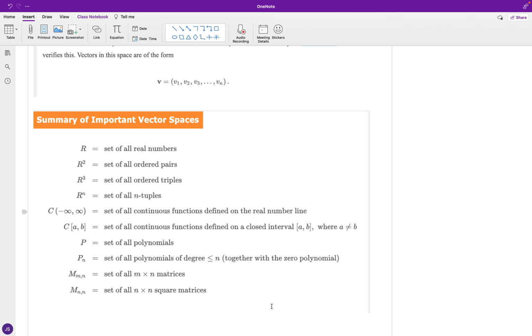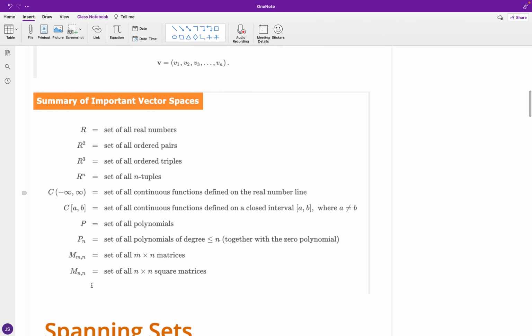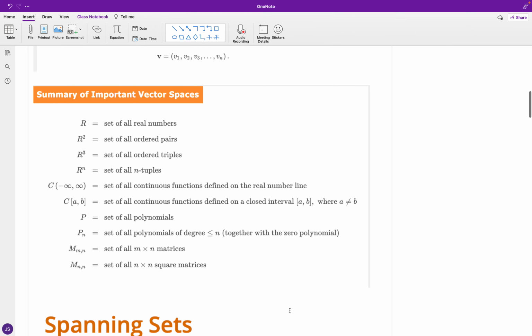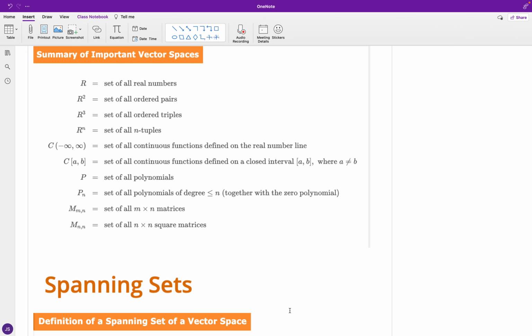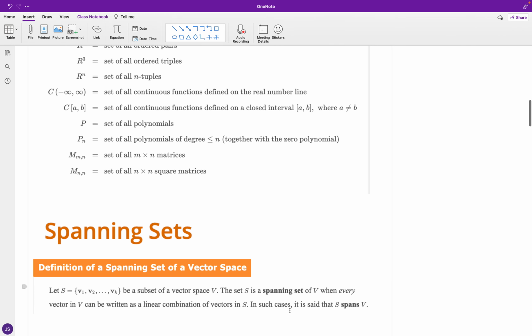And we have M subscript lowercase m, n, that's going to be the set of all m by n matrices. And for M subscript n, n, that's going to be the set of all n by n square matrices. Now, regarding spanning sets, we have by definition for a spanning set